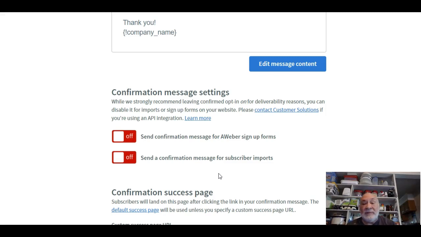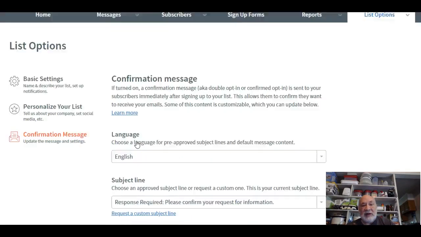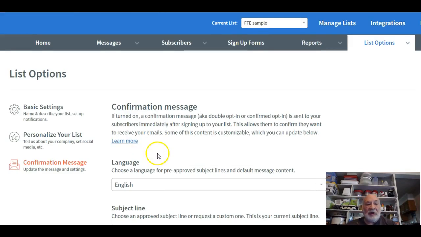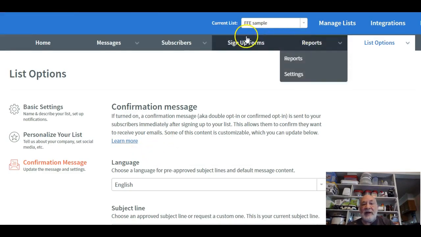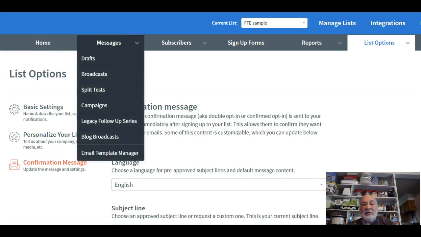So you're going to have all these people that click there to see your information. They're not going to see your information because it's not going to go to them until they click the confirmation. So if you see send confirmation message for Aweber sign up form, click it off. Okay? So you clicked it off. That's important. Now you go back to